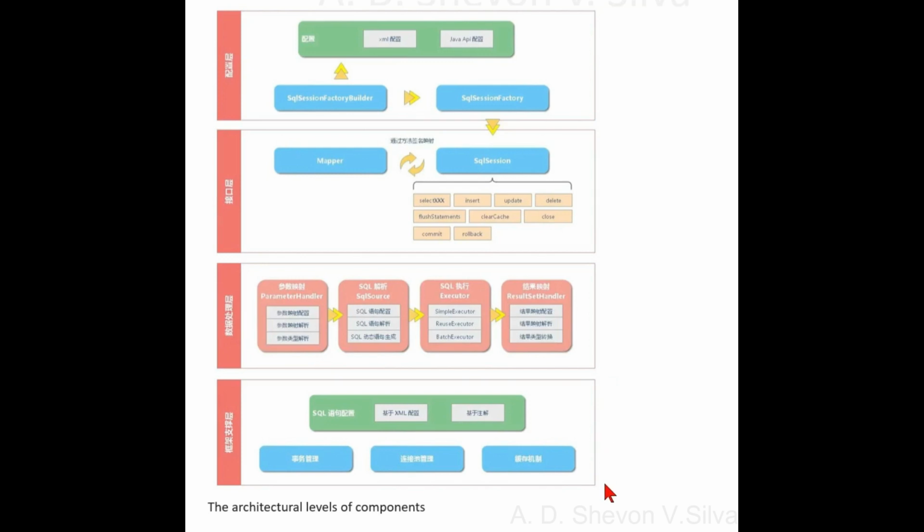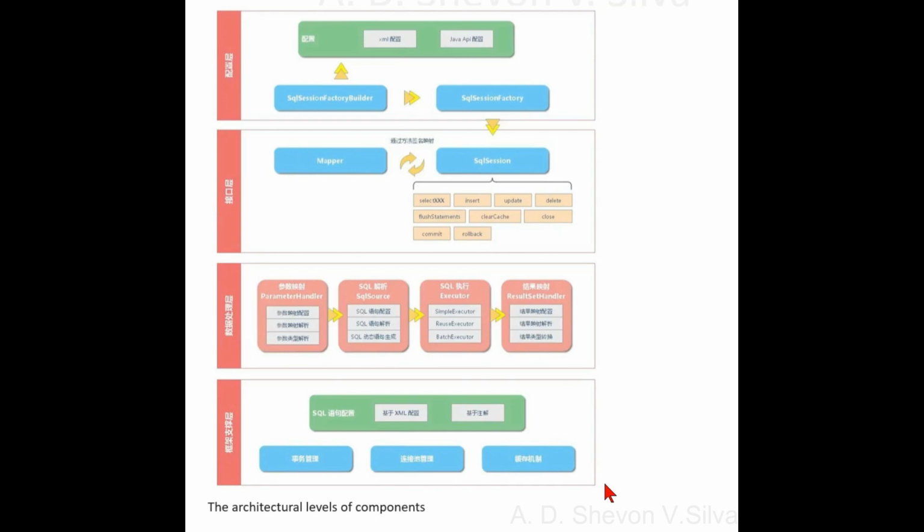Frame support layer. First, transaction management mechanism. MyBatis abstracts the transaction into the transaction interface. Transaction management of MyBatis is divided into two forms. One uses the JDBC transaction management mechanism, that is the use of the java.sql.Connection object to complete the commit, rollback, close, etc. of the transaction. The other uses the managed transaction management mechanism. MyBatis does not implement transaction management by itself, but allows a program container such as JBoss or WebLogic to achieve transaction management. Two, connection pool management. Three,